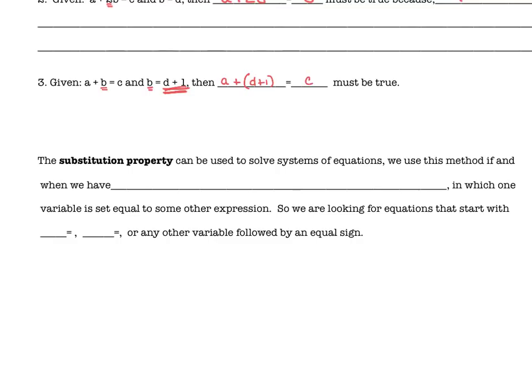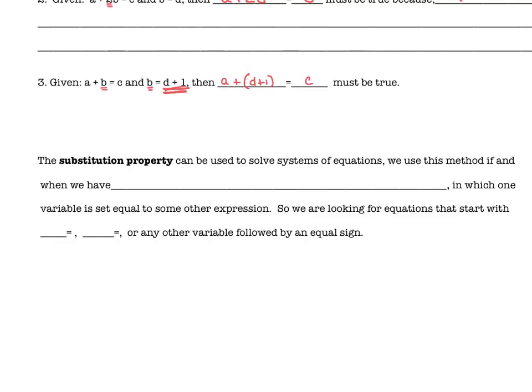So when I read this, a plus the quantity of d plus 1 equals c. And the quantity of d plus 1 is b. So that's why I can replace it. So the substitution property can be used to solve systems of equations. We use this method if and only if we have